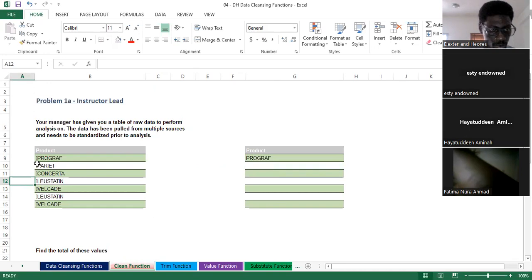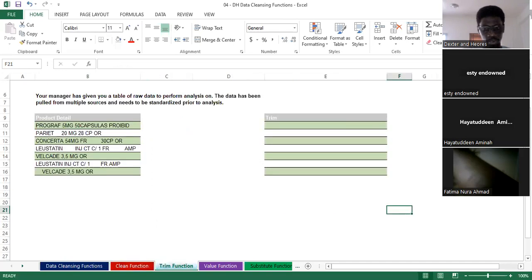They come in different forms. Most times you would see it like this. I said it often occurs when you're converting your data from one format to another. So that was one of the things we looked at. The next we looked at was